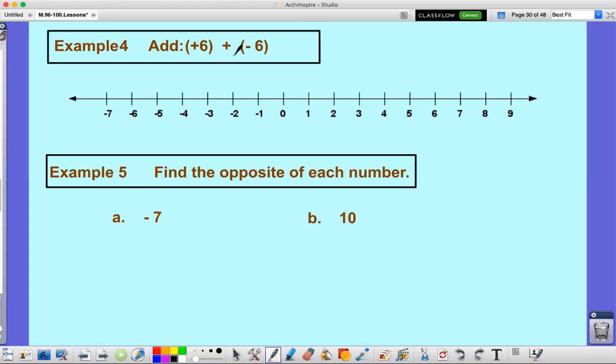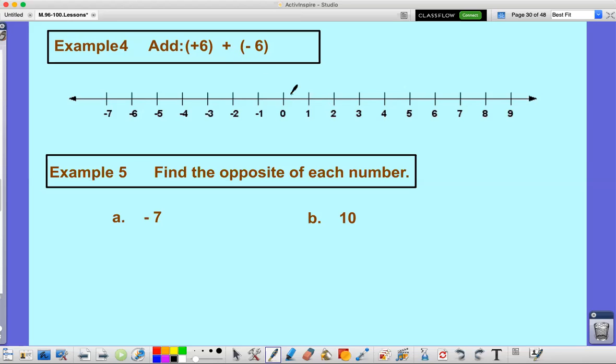Negative 6 and positive 6 are both opposites on a number line. Opposite numbers can be written with the same digits but with opposite signs. The opposite of 3 is a negative 3, and the opposite of negative 5 is 5, which can be written as a positive 5. So on a number line, we can see that any two opposites are always going to be the same